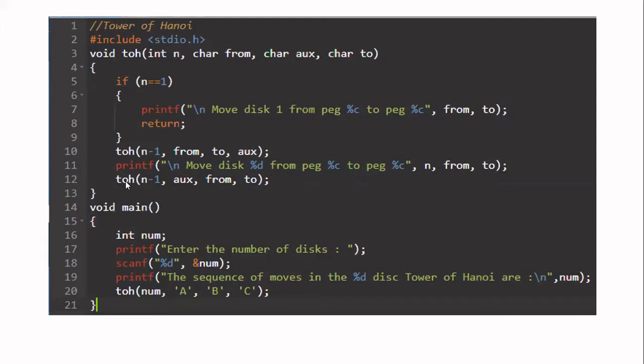Then what is the next step? You have to move the n minus 1 disks which you have placed in the auxiliary to the destination. Previously, we have placed n minus 1 disks from source to the auxiliary disk. Those we have to move from auxiliary to the destination. So we are writing tower of hanoi n minus 1. So what is our source now? It is the auxiliary disk because we are going to move from there. To where are you going to move? From the auxiliary to the destination. That is the to disk. So in the destination, you write to.